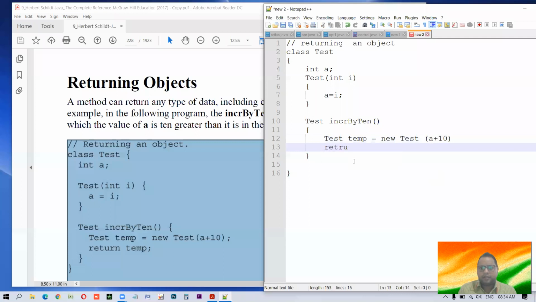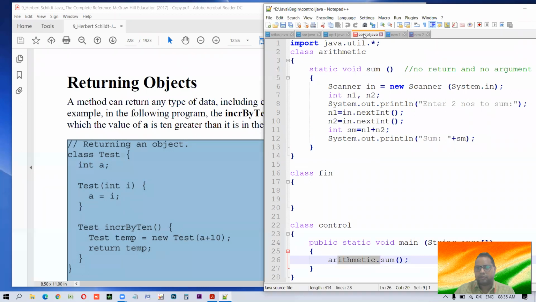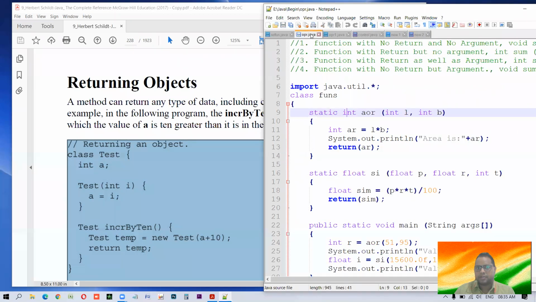And yes, since this is a function which is non-void, it must return something, so it will return temp. Oh, here's the point. You know this, that when we have a normal simple program, I have already made some program of such kind.